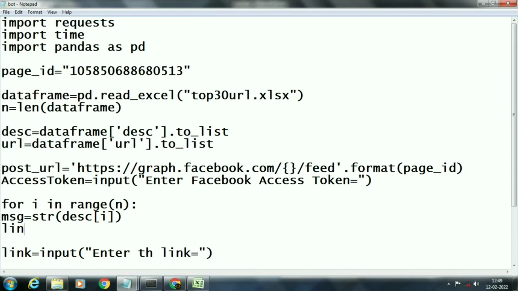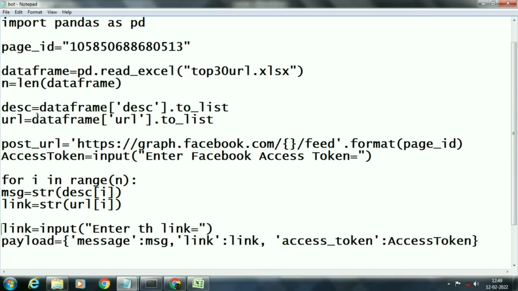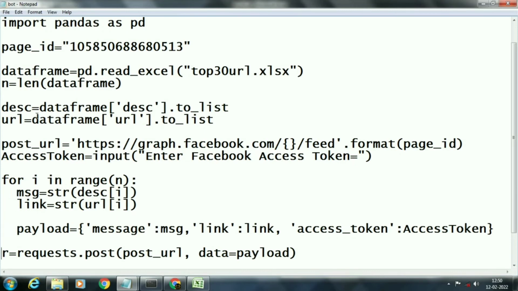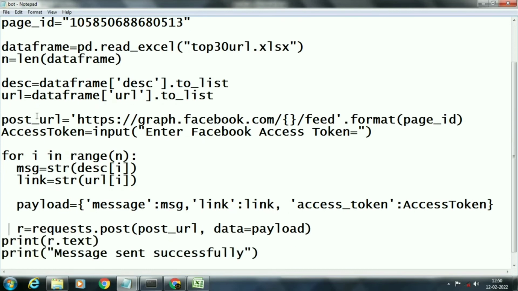Here the second list is used for our link, that is URL. These URLs are YouTube video links. Next, we will set the indentation of our statements. All statements will run under the for loop.